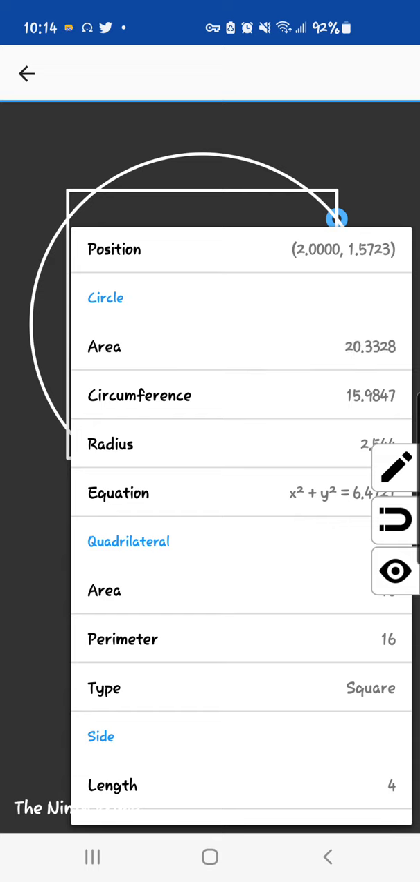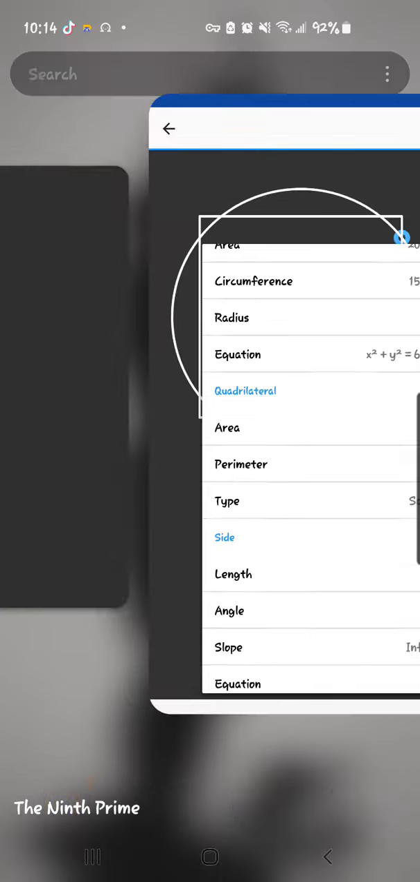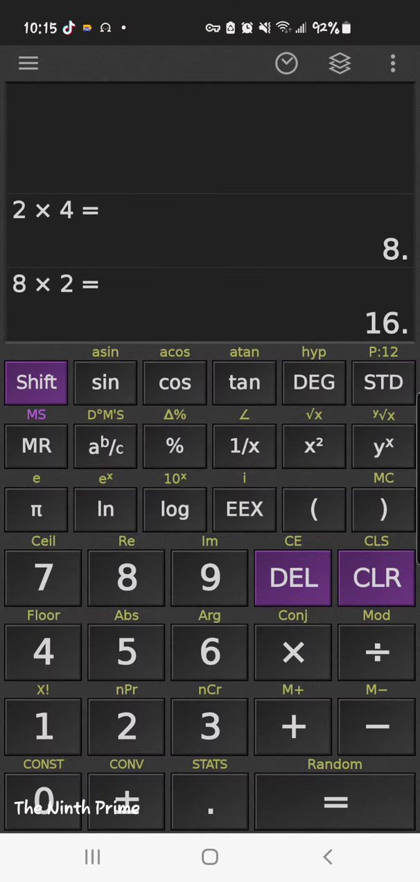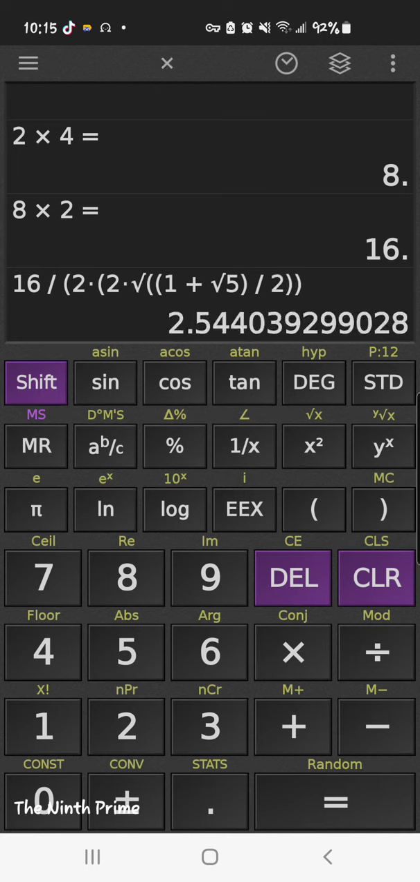it's wrong. And it shows that the equation for that is this, based upon the radius right here. And if I take this multiplied by 2, it gives us the perimeter, which is 16. And let's divide that by twice the square root of 5. So 2 times the square root of 5. So I'm just gonna put 2 times again, and then the square root of 5. So I have to create 5. So 1 plus the square root of 5 divided by 2, and then I do the square root, and it gives us 16 divided by 5.0880785. I do equal, and it gives us the real value of pi